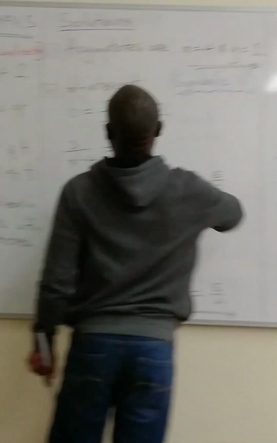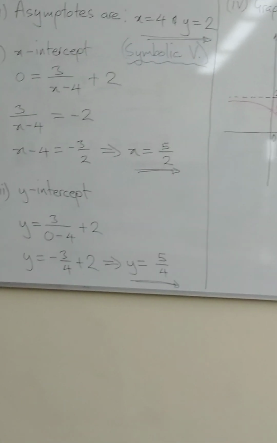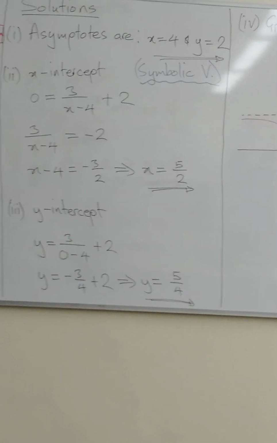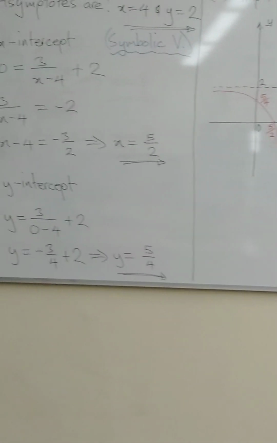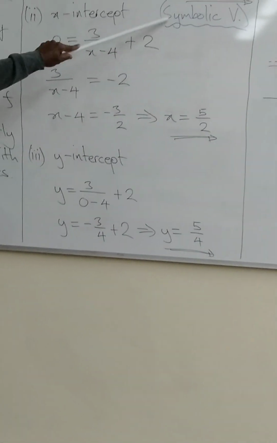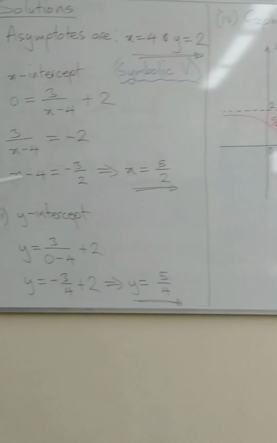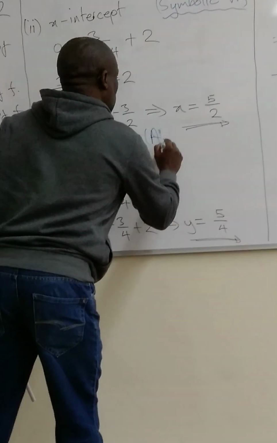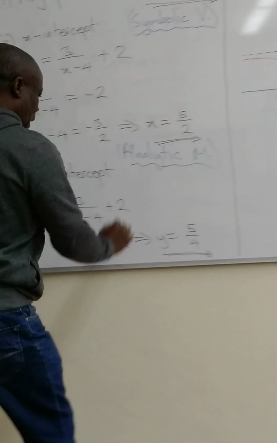But because the visualization and symbolization approach applies the 3 methods: symbolic visualization, spatial visualization, in addition to analytic methods, you will see that in a solution, all these methods will be applied in answering the question. For example, here I said for answering part 1, symbolic visualization was utilized. But when you are answering question 2 where you are determining the x-intercept, this is the analytic method. And part 3,